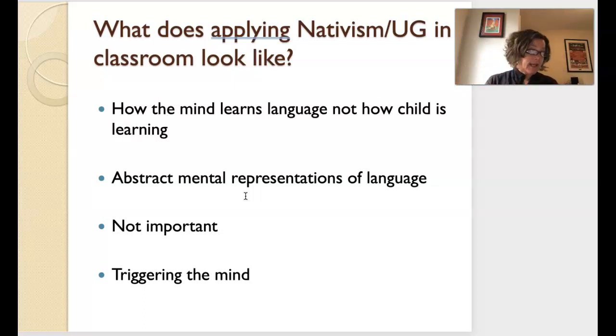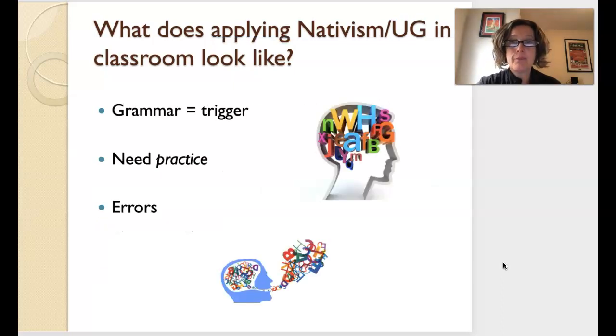What a nativist would say is the whole focus of learning a language needs to be based on designing optimum input for triggering the mind. So triggering the mind is actually what a nativist in the classroom would be wanting to do. And let's look at what that means. Okay, so when you trigger the mind